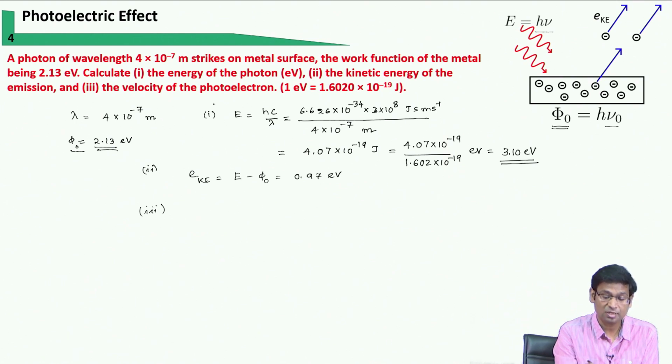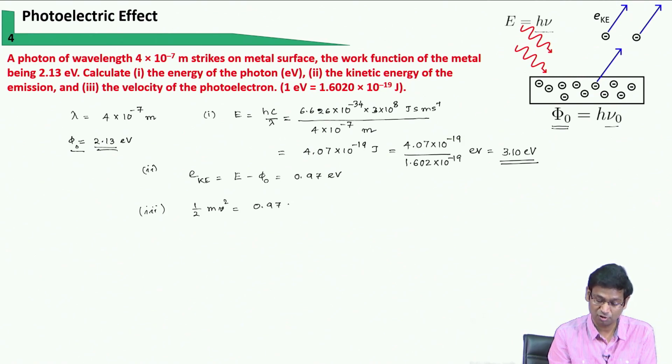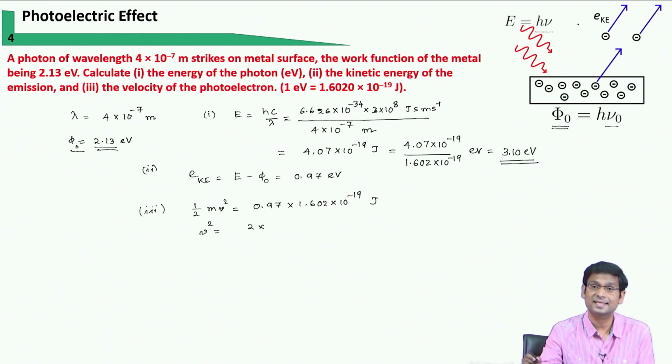The third bit asks what is the velocity of the photoelectron. So, this kinetic energy can be written as half mv square, which is 0.97 electron volt. Now, we can express it in terms of joules. So, this kinetic energy half mv square is given here. Therefore, v square is 2 into, what is m? m is the mass of the ejected electron, so 9.11 into 10 to the power minus 31,